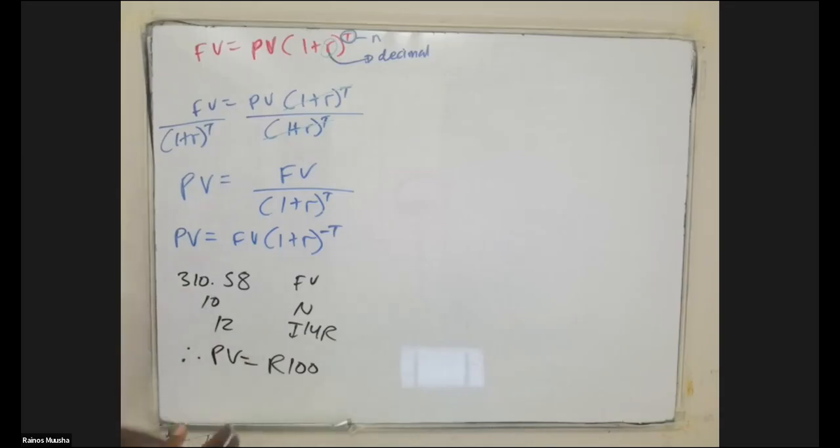So the sign of your answer, you always treat it as what? As a positive amount. The only time the sign of your answer matters when it comes to time value of money principles is when you're dealing with what? Calculation of the net present value. That's when the sign of your answer matters. If it's not that, you always treat the amount as a positive value. Are we on the same page?